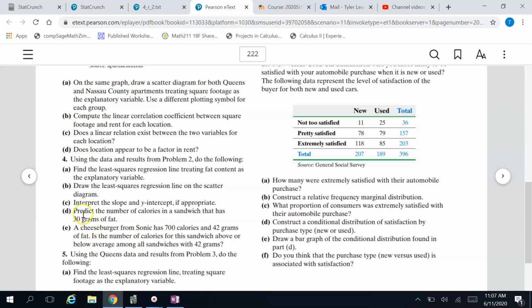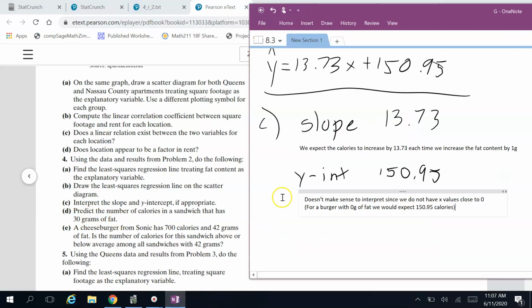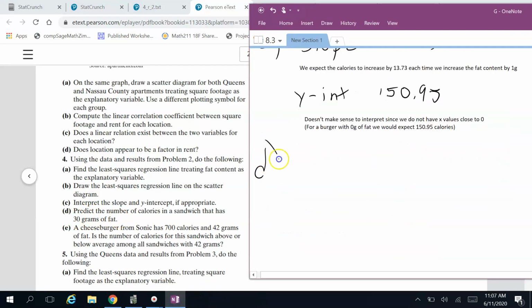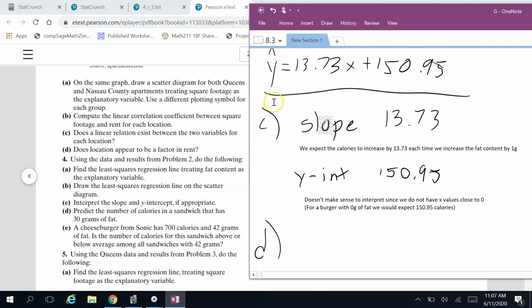Okay, we only got a couple more parts here, so let's just quickly go through that. We are on D now. Predict the number of calories in the sandwich that has 30 grams of fat. Okay. Now that we have that prediction equation, so this best fit line here, the 13.73x plus 150.95,